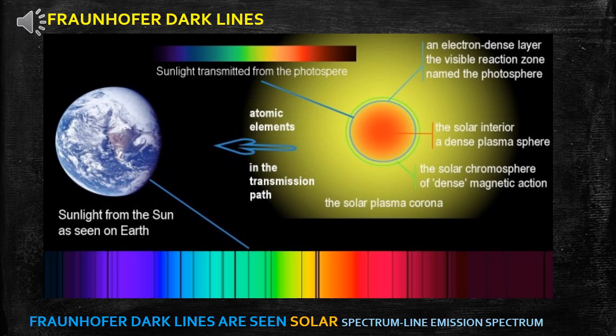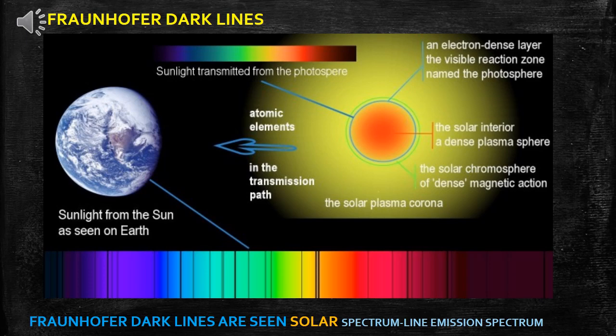After absorbing certain wavelengths of light, the light which comes from the sun has to travel a greater distance, that is, traveling through space. Finally, it reaches the earth. As an observer, you are observing the sun spectrum. After observing it, you are able to see the dark lines in the sun spectrum. If the sun did not have an atmosphere, the spectrum would be purely in the form of a continuous emission spectrum. So in the background of the continuous emission spectrum, plenty of dark lines are appearing.